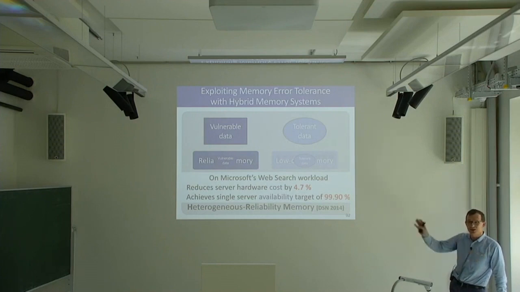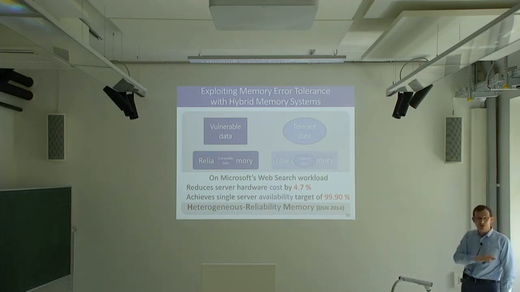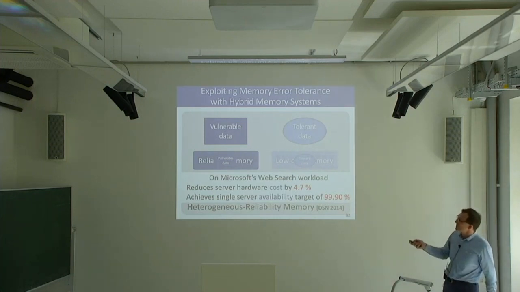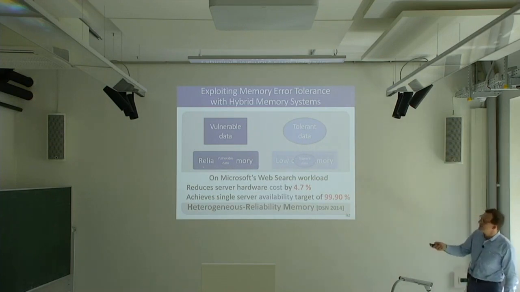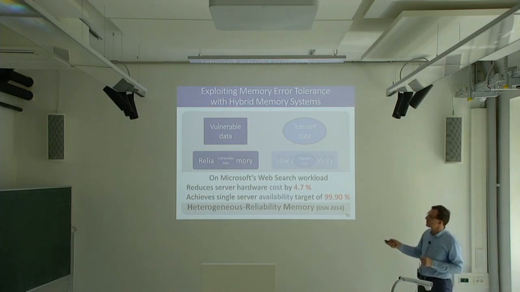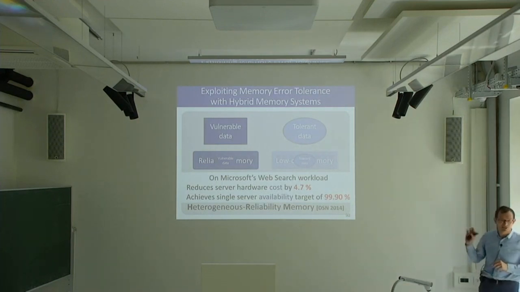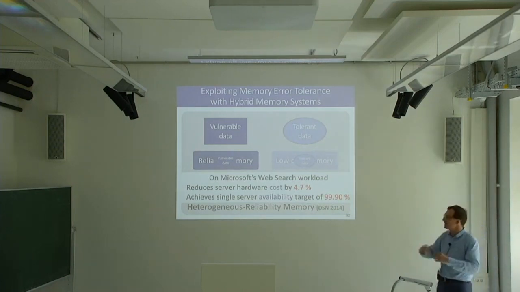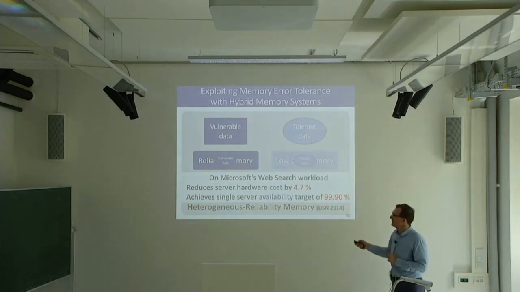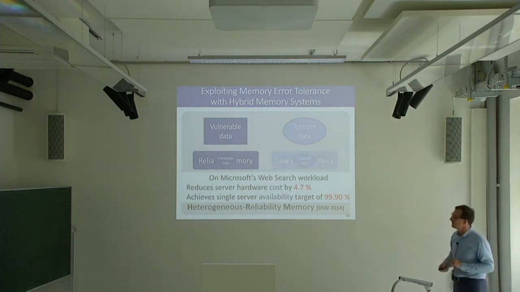If you look at all of these big companies, they have ECC in their data center memories. And that's a lot of cost, a lot of power, and some complexity in the memory controller. They wanted to get rid of it as much as possible. And we showed that you can actually get rid of a lot of the ECC if you do this partitioning. Some DIMMs have ECC, most DIMMs don't have ECC essentially. And that reduces the hardware cost a lot while still guaranteeing a good availability target. And if you have a distributed system, you can tolerate the errors even better and you can get even higher availability.